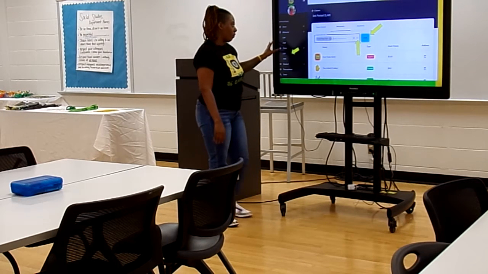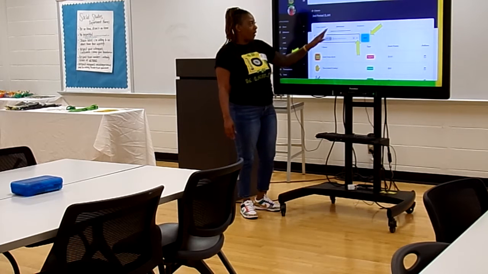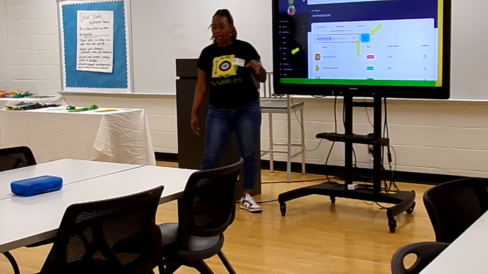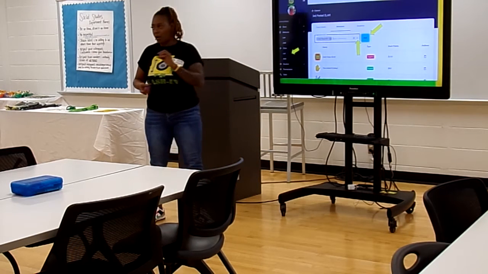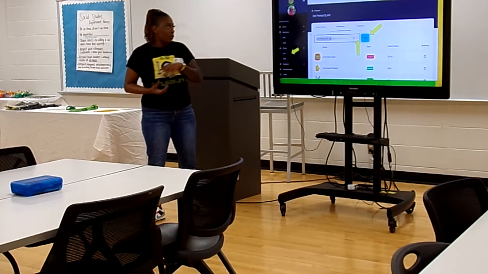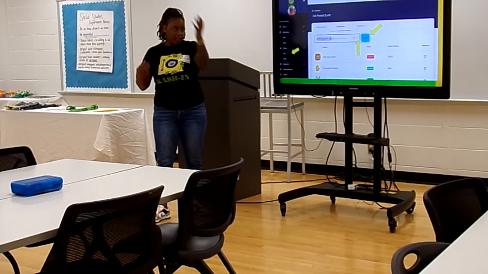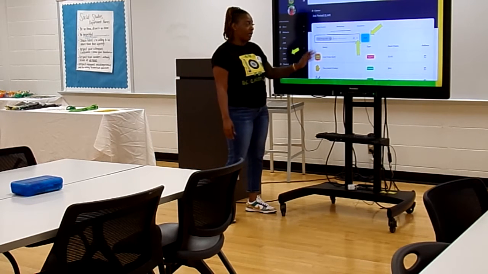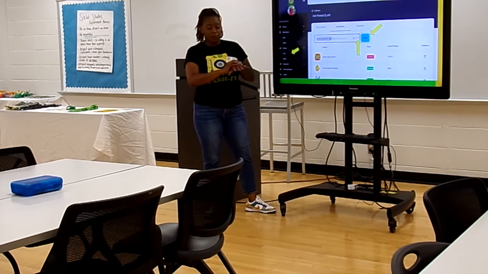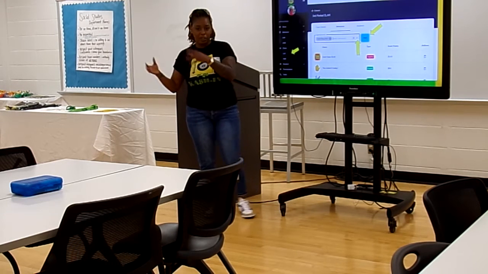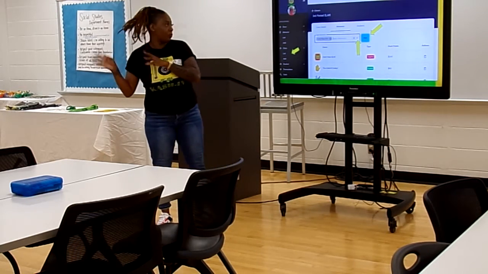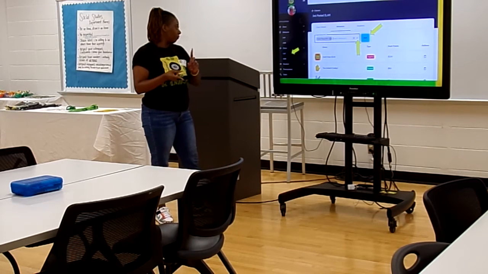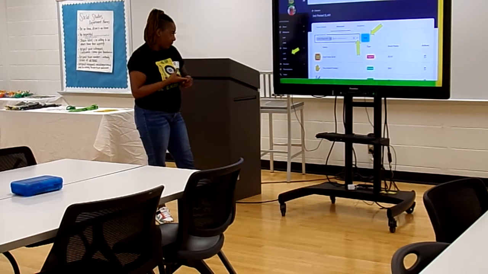Once you have added all your behaviors, you'll go back to class details under behaviors and add those behaviors to your class. One of the benefits of Kash-In is that all the classes do not have to have the same behaviors. If you have special classes, you can give them their own set of behaviors. And if you have a higher or GT class and you want their expectations to be different, you could do that. Okay, so that's 2. We have created our classes, we have added behaviors.